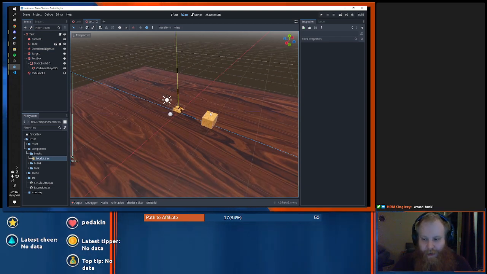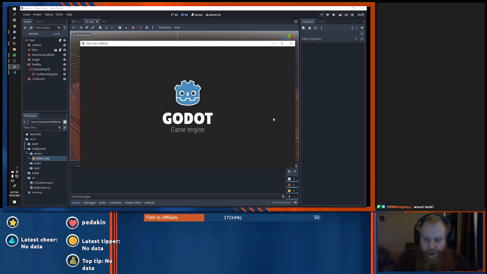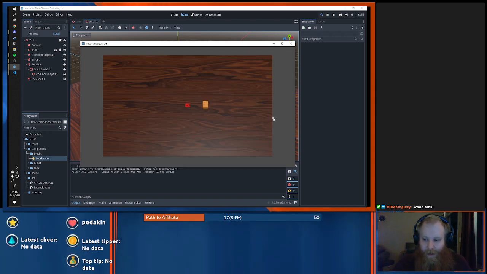I have a basic scene here working. If I click play, it'll build the project up. I've got an orthographic camera up high, right where I want it. I can move the tank around. I can shoot bullets, and if I hit the block, the bullet will bounce back. For anyone who played the Wii Play tank game that's like 20 years old now, I'm kind of recreating that in a way, and then I'm going to expand on that and probably totally go in a different direction once I have that basic stuff working.